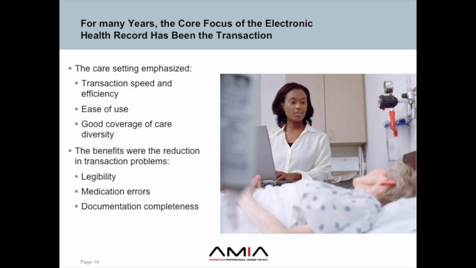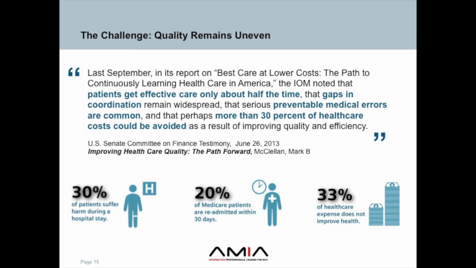So while that remains important, what it still has not fundamentally done is address a number of core challenges. One is the quality is still really uneven across the board. We have yet to show in any demonstrable, material, and comprehensive way, and lots of studies, I get it, a number were done at Partners, about the impact on quality and efficiency. But nonetheless, if you go back over the series from the Elizabeth McGlynn RAND study to the current era, how much have we actually changed due to IT? So we still have work to do on the quality side.